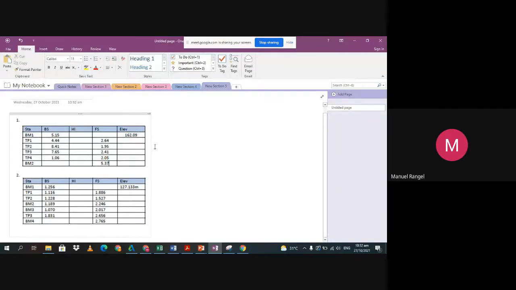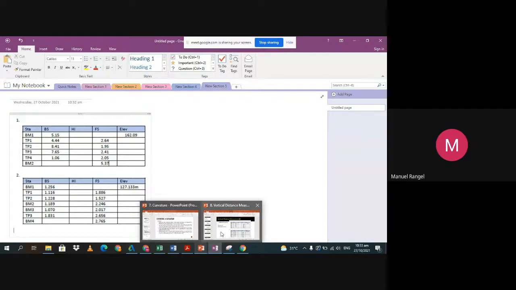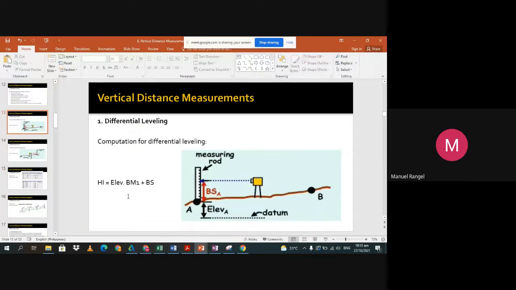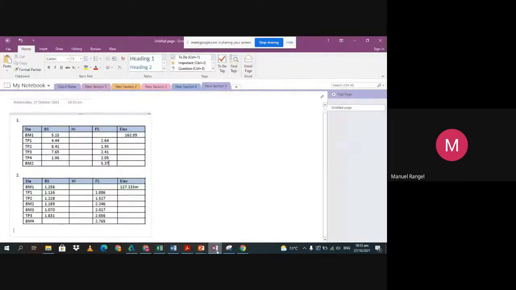So we have the setup. What is the formula for HI? We have the elevation of BM1 plus or minus the backsight reading. So plus. So 162.09 plus 5.15